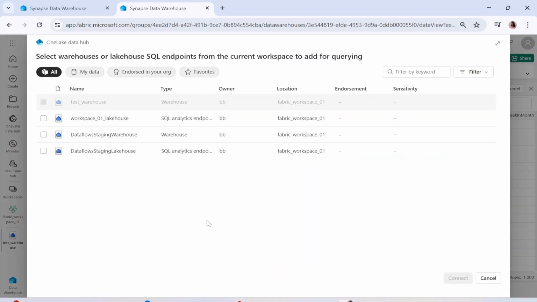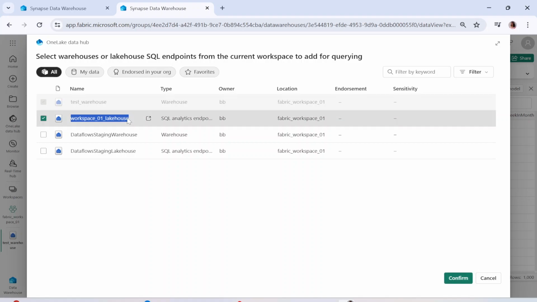Now you will see what we have here. We have this workspace already created where we have created our lakehouse. If you have been watching my full playlist series on Fabric, you already know that we have created a lakehouse in workspace 01. So we can select this because we have a lakehouse present over here.